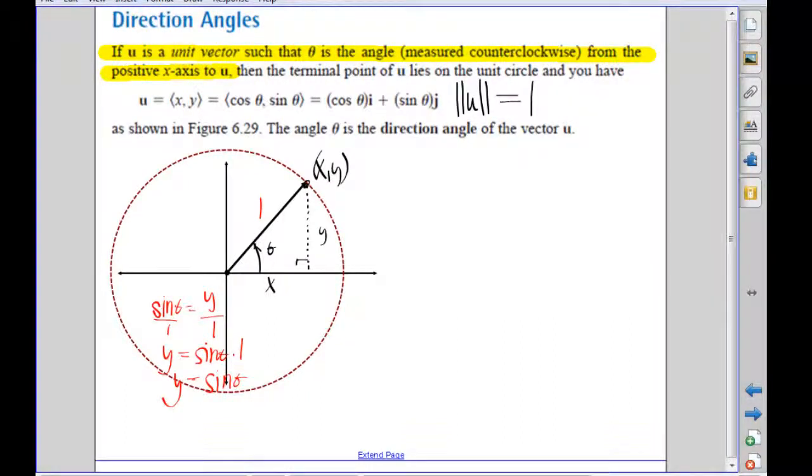Similar argument, we know that cosine of this angle theta is adjacent over hypotenuse. So if we cross multiply, x is simply cosine of theta times 1, or cosine of theta. So this point x comma y can be swapped out with cosine of theta for x, sine of theta for y. So with that in mind, we can rewrite vector u